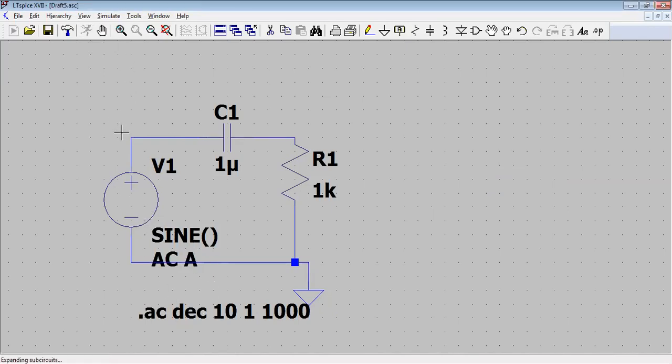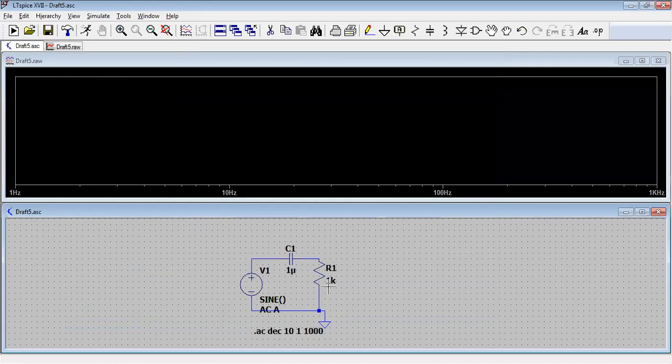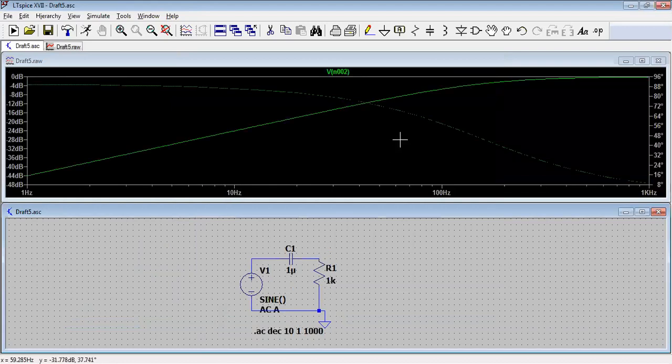And then if you run it, you will get some error that this voltage source has nothing to do. So let me see the voltage here. You are able to see the voltage. Once you see the voltage, you can take these two probes that will give you the voltage between these two points. Okay, for example, this is a very simple circuit. This circuit can act as a low pass as well as a high pass.